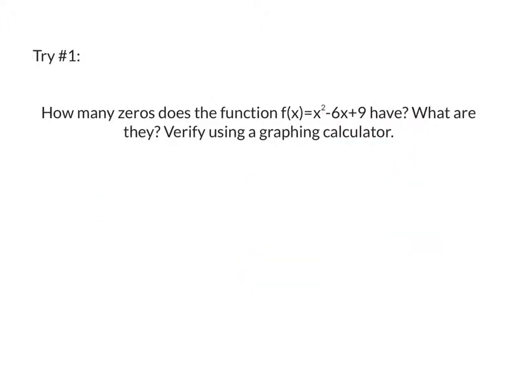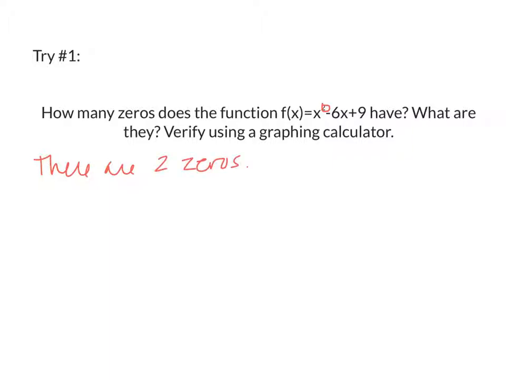In try 1, it says how many zeros does a function f of x equals x squared minus 6x plus 9 have? What are they? And verify using a graphing calculator. So again, we just focus on the highest power, which is squared. So there are 2 zeros,